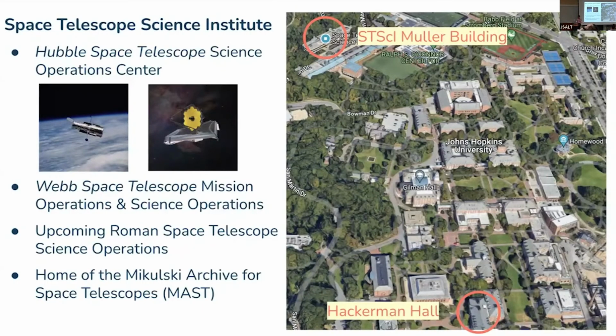But what else does Space Telescope have? It has a Hubble Space Telescope Science Operations Center. So HST, or Hubble Space Telescope, sometimes we just call it Hubble, is hanging out here in orbit around the Earth, and it's been up there for 34 years. So actually, just a few months older than me, in fact. And we do the science operations there. That means that we process the data, we calibrate the data, and then we provide it as a service to the community.